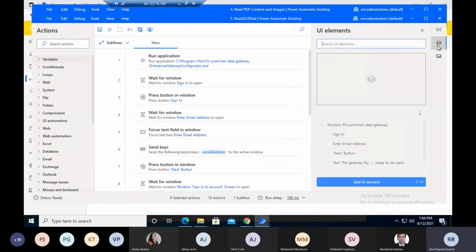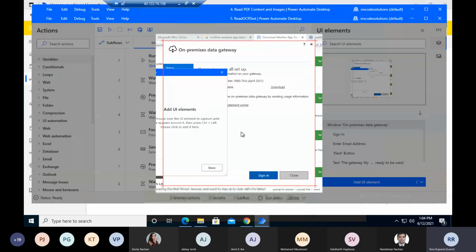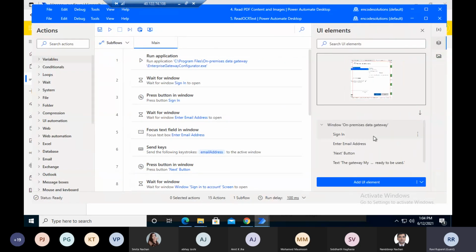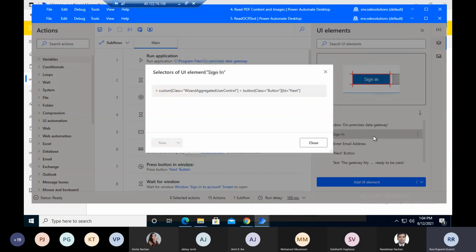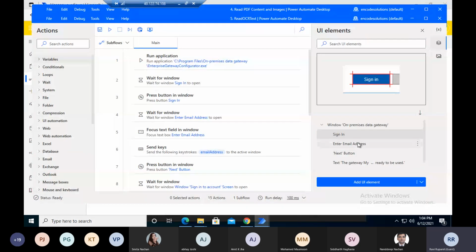Before that I have added different UI elements, like I have opened this, I have fetched this window, and from this window I have added the sign in actions. So once this window is rendered, I want to click on this element, the sign in button. So I have to add it into the UI element. Then I want to enter the email address where I'm typing my email address, and then there is one button, next.